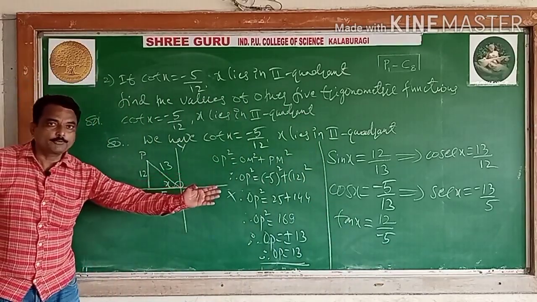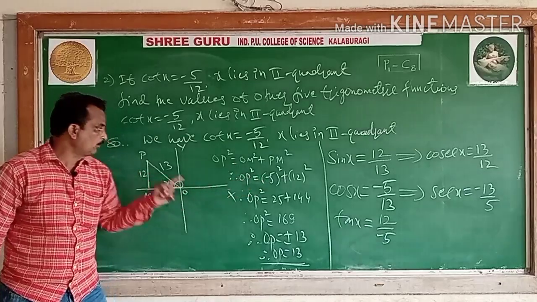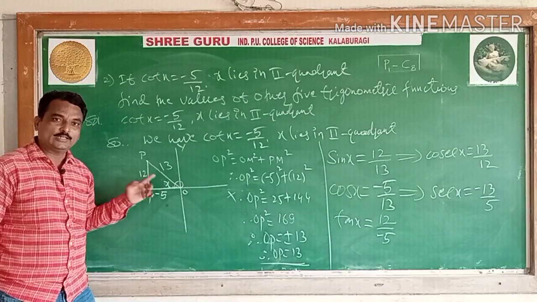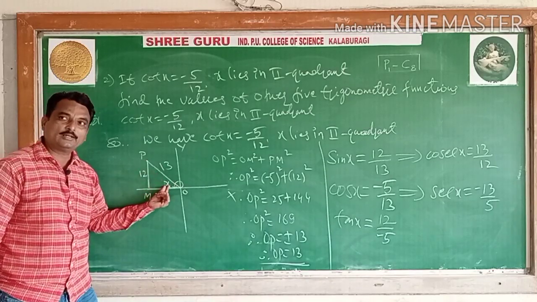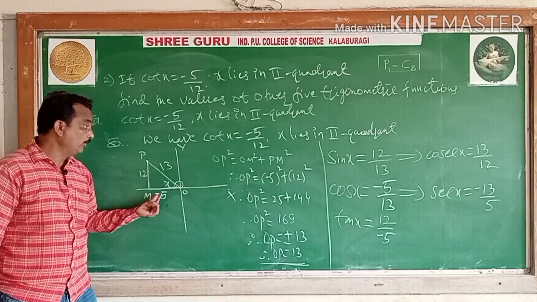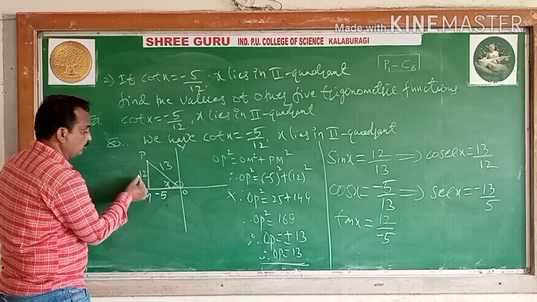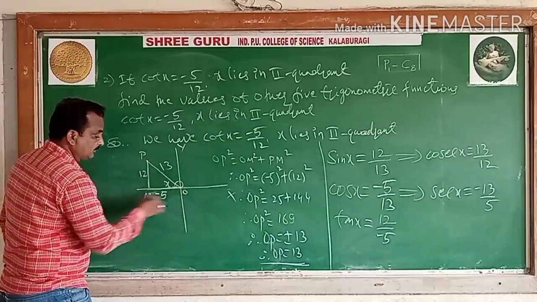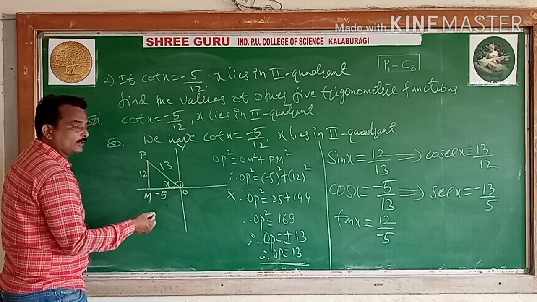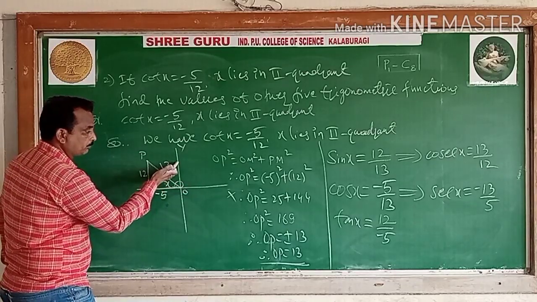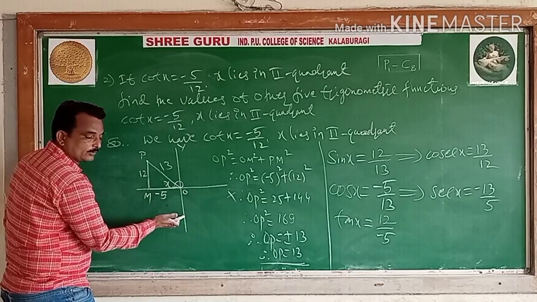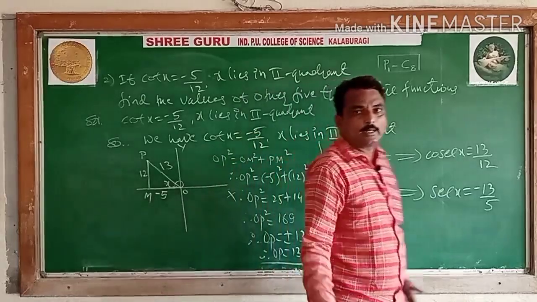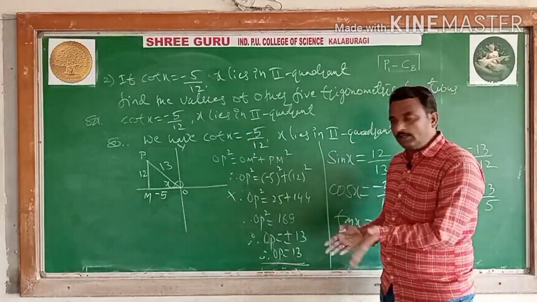So these are the other 5 trigonometric functions. One function is given here. We have placed that x value in the second quadrant and taken a right angle triangle. The important thing is the positive and negative values. You can take the right angle triangle with positive x-axis, positive y-axis, negative x-axis, negative y-axis. According to this, you may take the positive and negative signs, and then write the other trigonometric functions also.